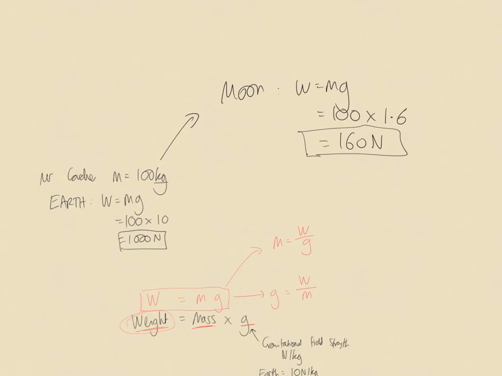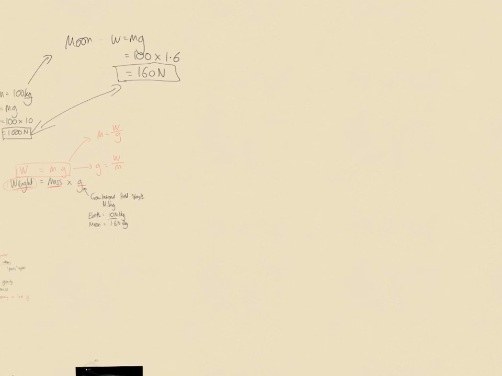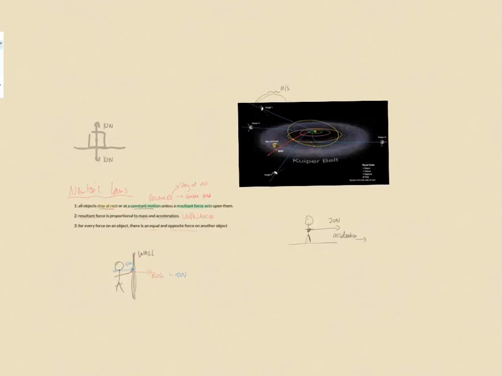And that's why you can jump a lot higher, because my weight is a lot smaller on the moon, so I can overcome it easier and jump higher. In fact, the longest ever golf shot was done on the moon because the weight of the ball is much less. The final thing that you have to do in the formula section is also represent Newton's second law,